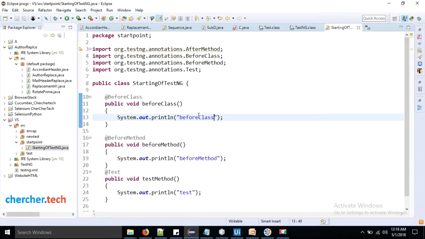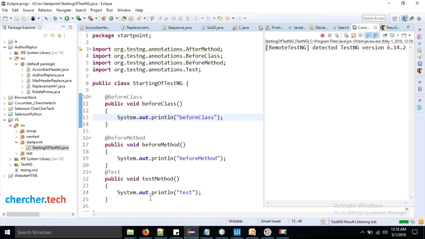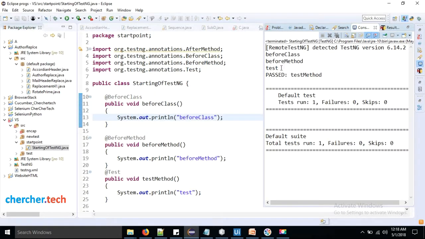Now we got a before class method as well. Let's execute it and see where the execution of TestNG starts. See, it executed before class, then before method, and then the test method. So can I say that the TestNG starts its execution at before class? No, TestNG doesn't start at before class as well,